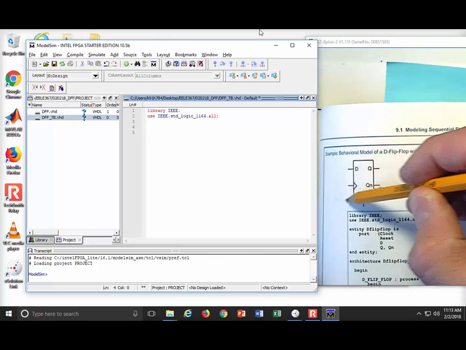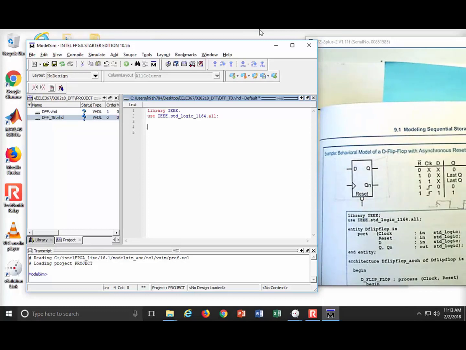Now, this is going to drive into my D flip-flop. So what I'm creating right here is the test bench, which sits around the outside of this thing, and I want to drive in ones and zeros. So here we go. I'm going to start off by doing entity D flip-flop underscore test bench. Are there any ports on a test bench? No, there's not. So I do end entity, boom. Now I'm going to do architecture. I'm going to say D flip-flop TB arc of D flip-flop TB is. I just connected my architecture to my entity. I do a begin, come down here, I do an end architecture,